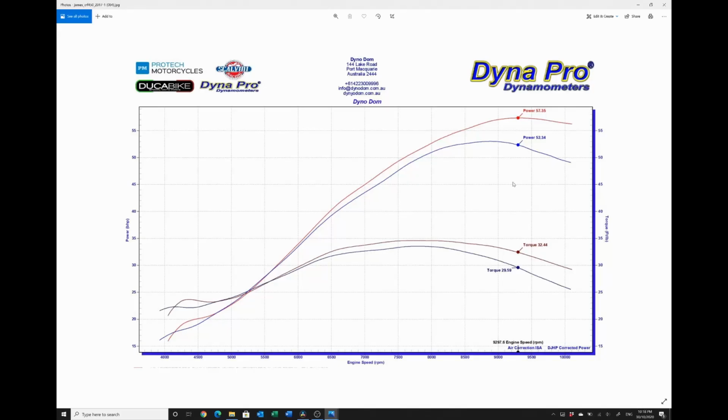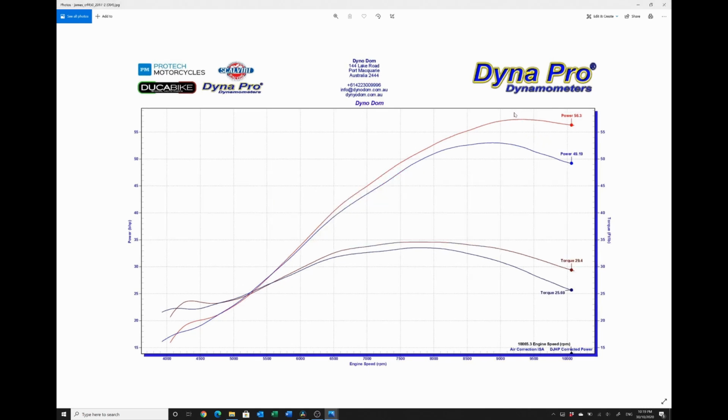Okay, just to wrap this up, let's have a quick look at the dyno charts and see where we ended up. So you can see peak power was up from 52.3 up to 57.3. It's a gain of 5 horsepower. If we flip over to over rev, we went from 49.19. The OEM system here and the OEM ECU dropped off quite significantly in over rev, and we picked up